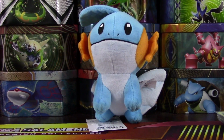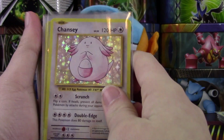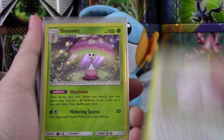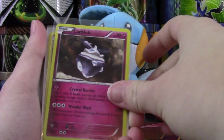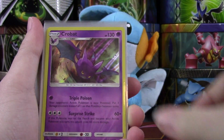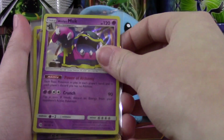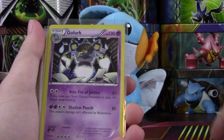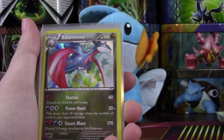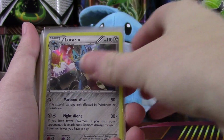And now we will get into the holo rares, which I feel like I have even more of. These pile up so quickly. So again, $1 a piece for these holos, and I believe I have them all sorted by type. So if there's a certain type you want, you can skip till we get to that type. But again, $1 a piece for all of these cards. I'm sure some of the Sun and Moon ones will probably go pretty quick. Same with the Evolutions ones, but hey, I actually have a Black and White one in there. That's kind of random. But most of these are going to be X and Y and Sun and Moon aged